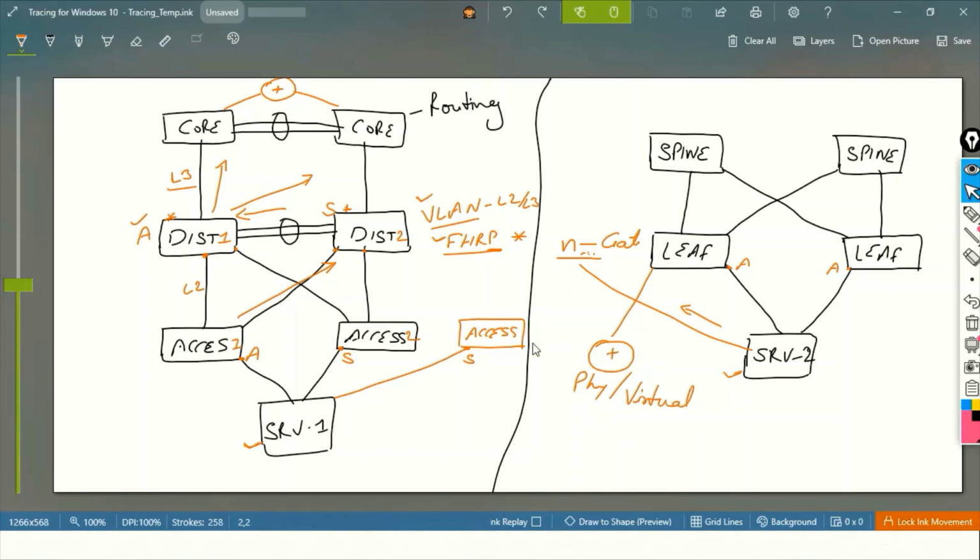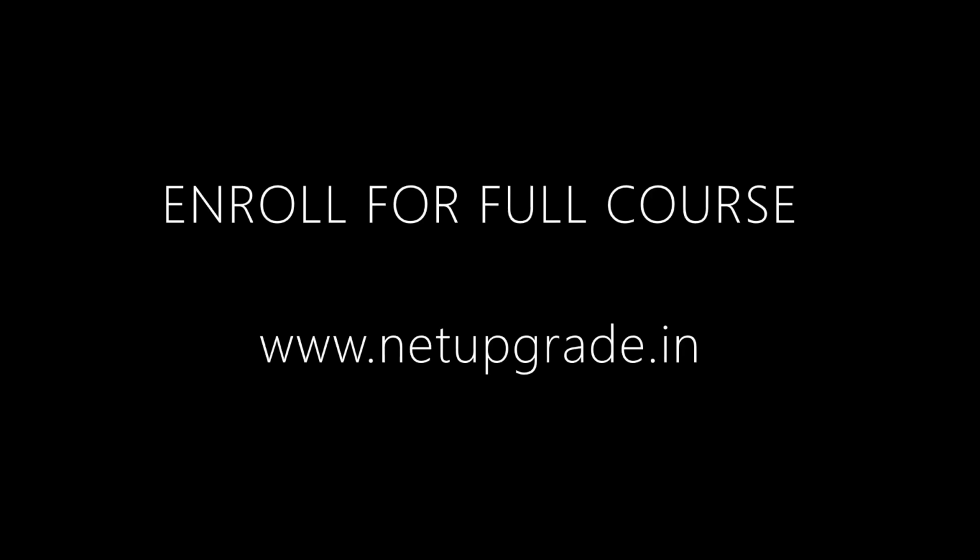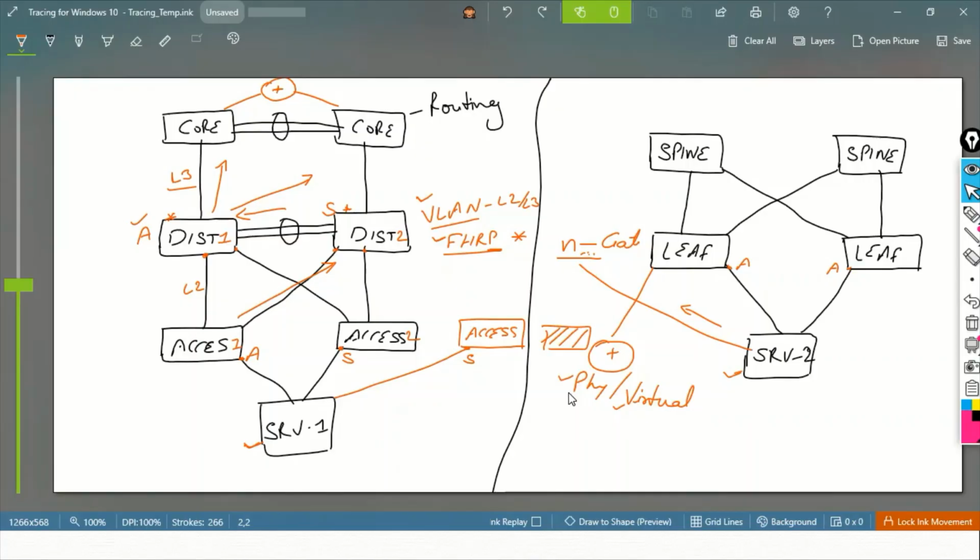Same thing, if you plan to implement a firewall in the middle, you can use it, and this can also be physical or virtual. Next, if you have the option, let me undo first. We have a lack of space, so let me undo.